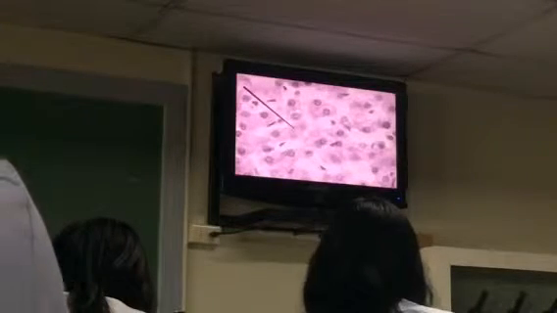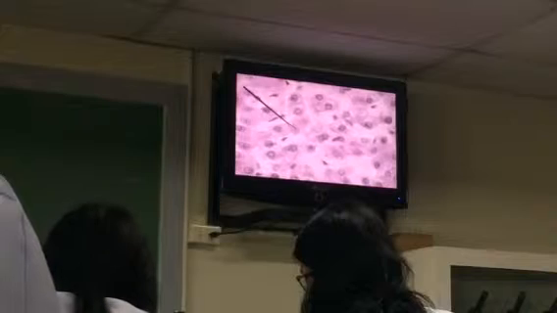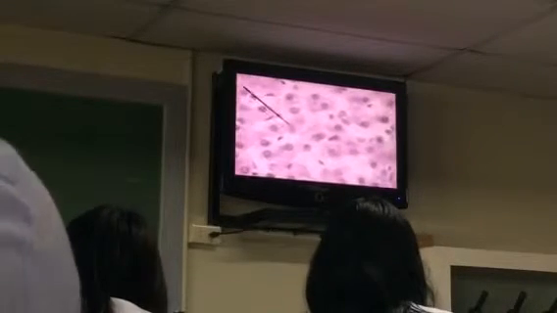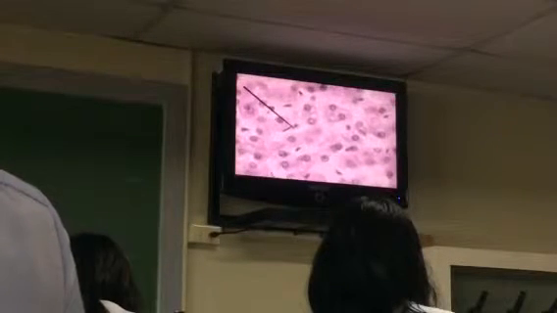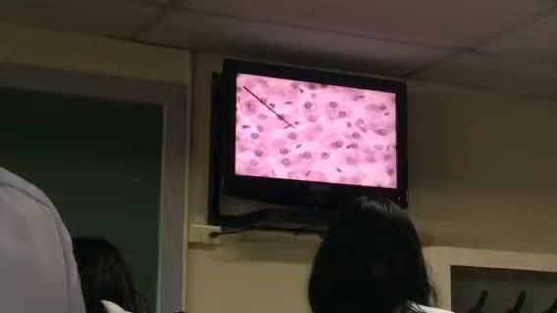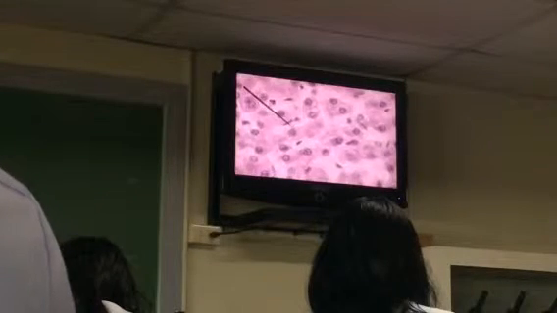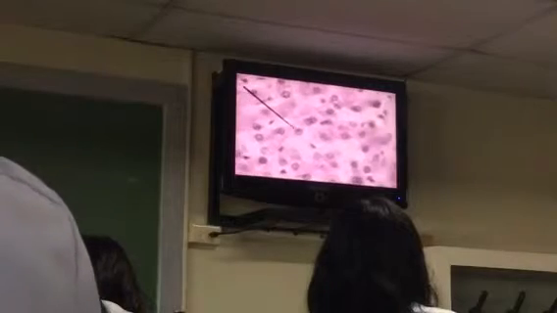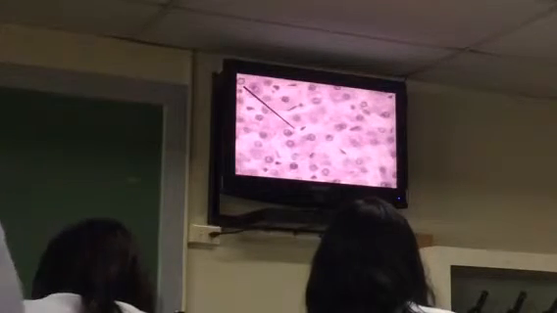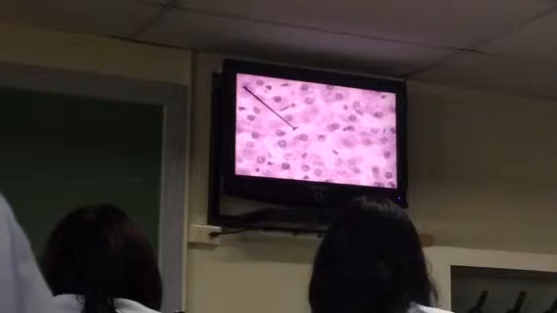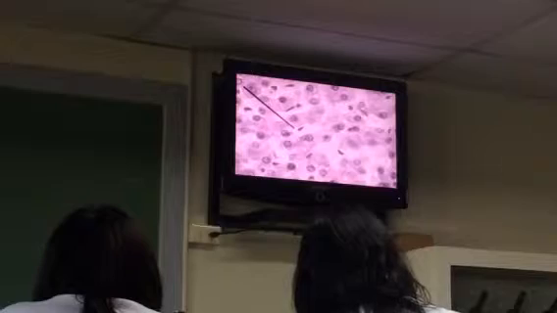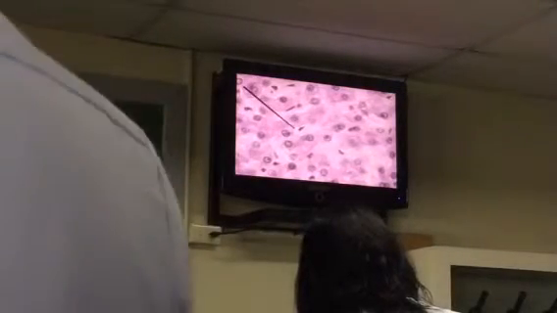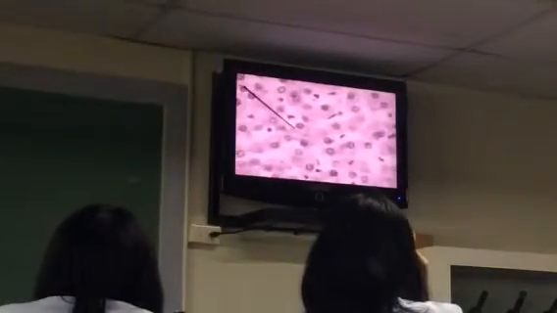This will be your lecture for this afternoon. With the hepatocytes, you can see vascular spaces. We're going to lecture on that in detail during the lecture hour. We call them sinusoids. And we want you to identify this structure. This is a very nice slide showing you the phagocytic cell of the liver, and we call it your Kupffer cells.